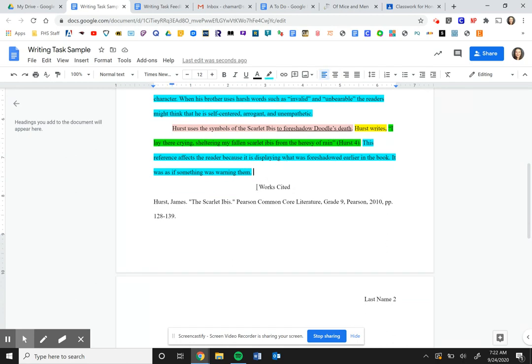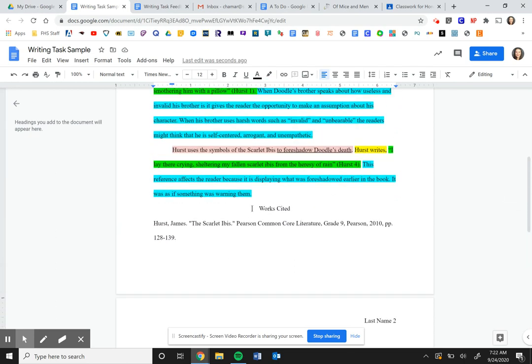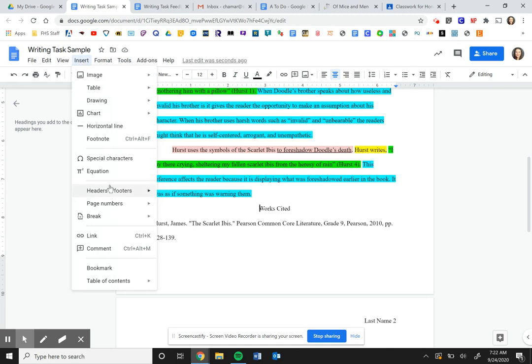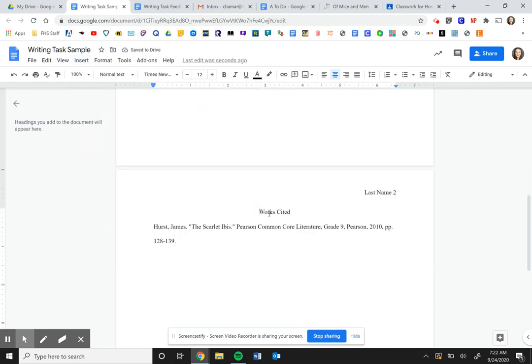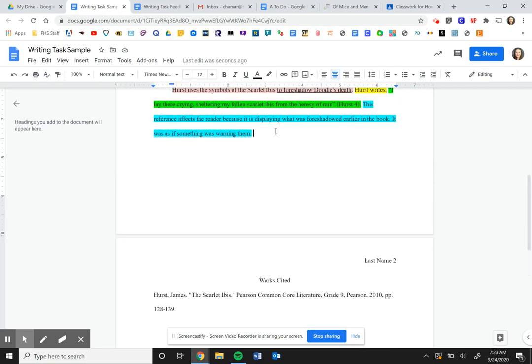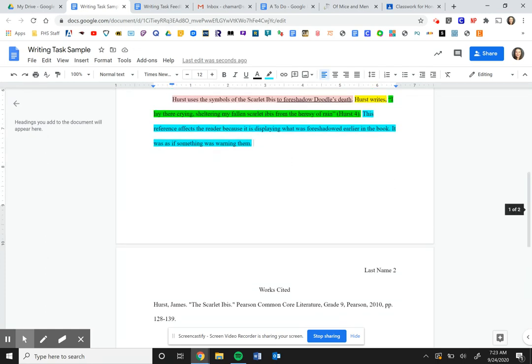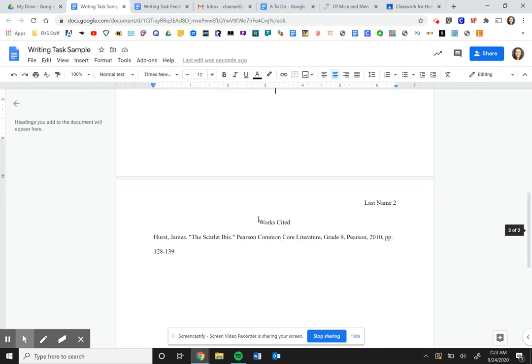So if I'm creating a full new page, it looks like it's going down on this next page, but if I want to automatically do that, I'm just going to hit Insert, Page Break, and then go to that, and then it's going to send it down to the very top of this page, and it won't move it. So even if I start typing or if my text gets longer, it's going to always send it down to a completely new page, and that's what you want. So don't have your works cited entry at the end of your text, have it on a completely new page